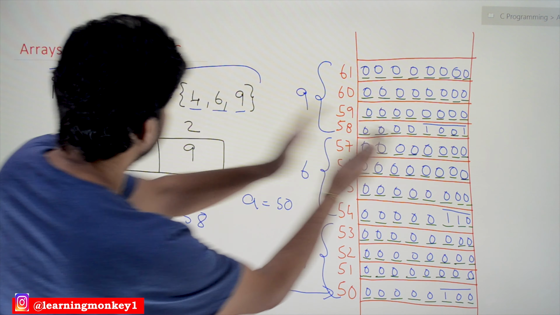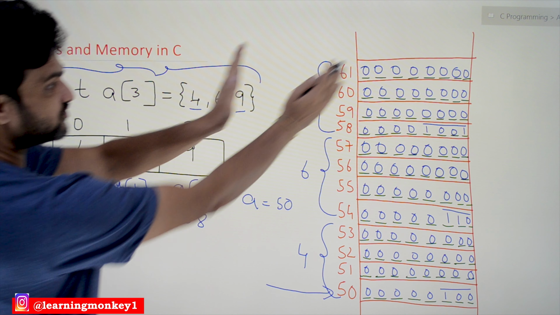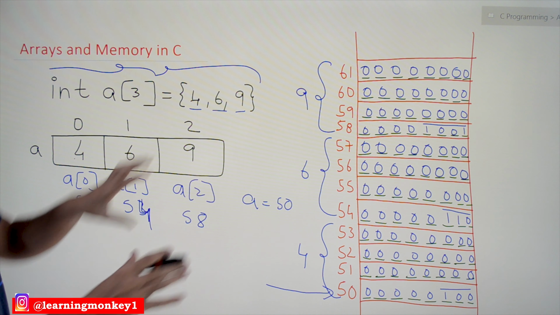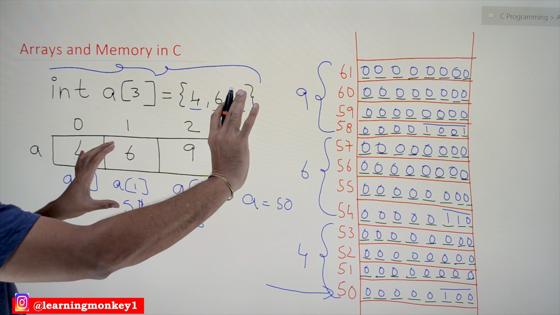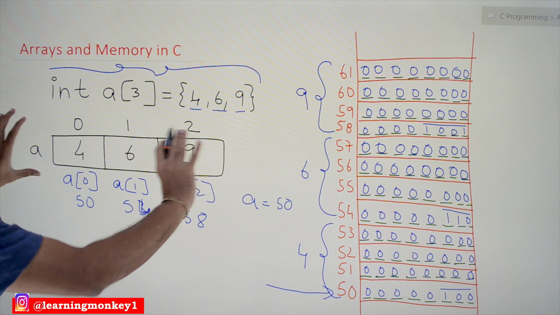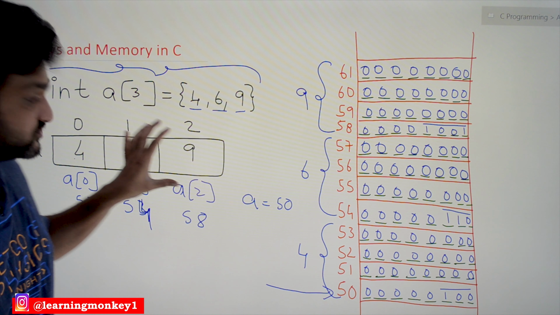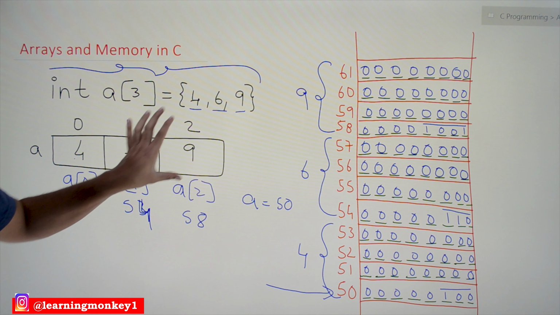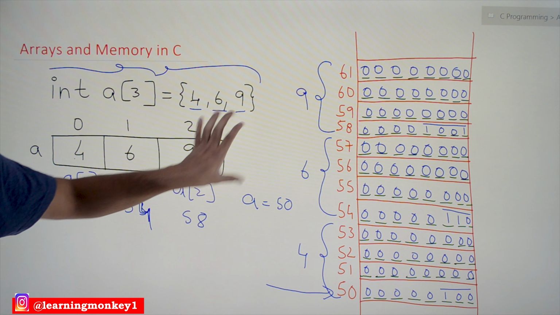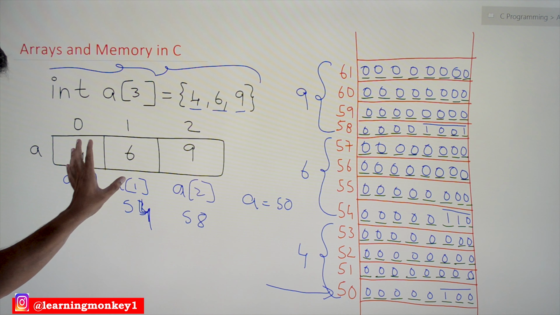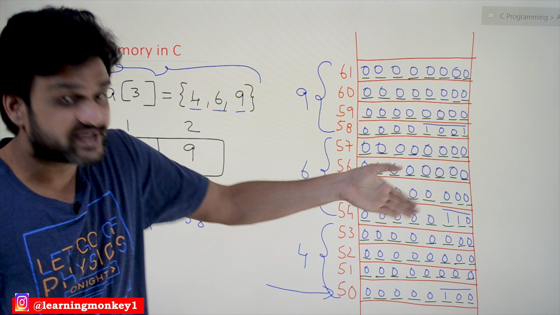These 4 bytes are made into another single box. These 4 bytes are made into another single box. So just tilt this memory horizontally. So this is the kind of visualization that we are going to get. So this is the reason why we are visualizing the array in this way, and these values are stored in the memory in this way.